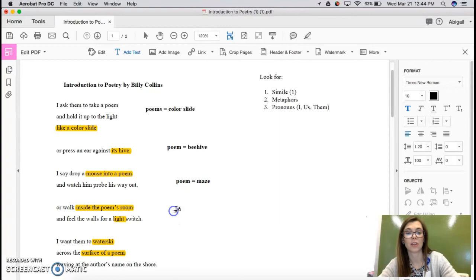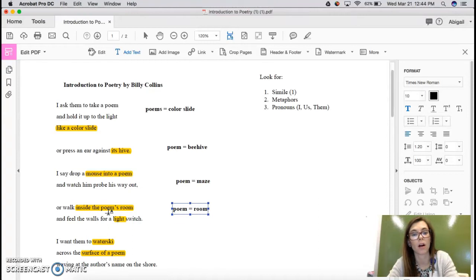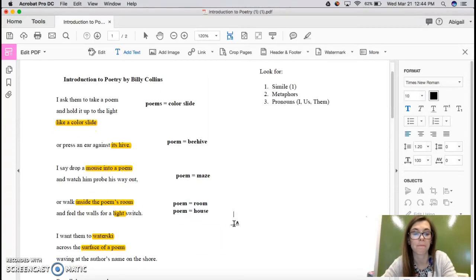All right, hopefully you attempted this one. It's a little bit trickier. Oftentimes students want to say that the poem becomes a room, but if the room belongs to the poem, that may not be true. However, sometimes we refer to people's rooms by saying it is Mrs. Crane's room, or it is Sally's room, or Johnny's room. So it's possible the poem could be a room, but it could also be a house, because a house consists of many rooms. So I think either of those 2 options are possible, okay?